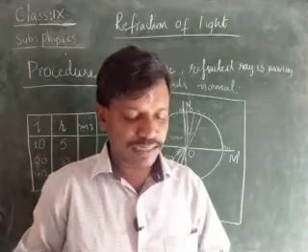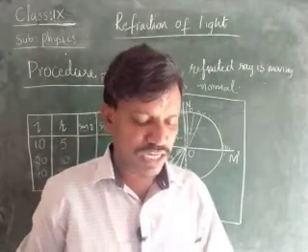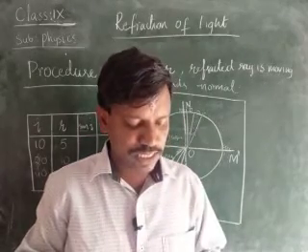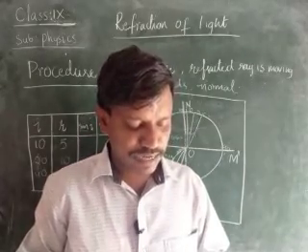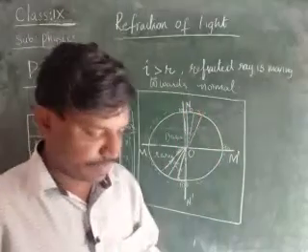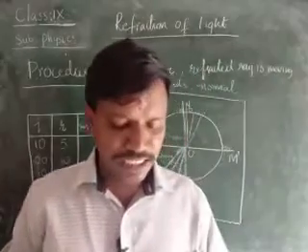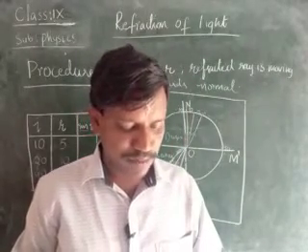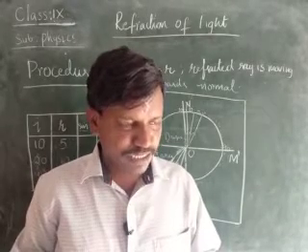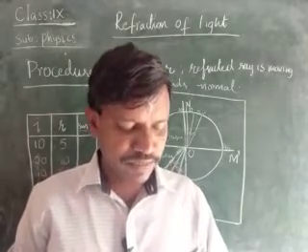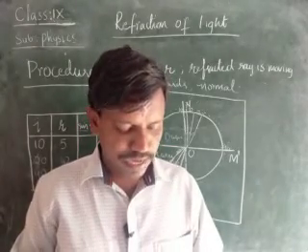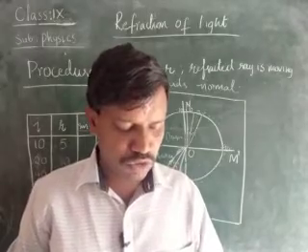Take a protractor and place it along NN in such a way that its center coincides with the point O, and mark the angles from 0 to 90 on both sides of the NN, children. The angle should be indicated on the curved line, not the straight line. Now place a semicircular glass disc so that its diameter coincides with the interface and its center coincides with the point O. Take a laser light along NN such that the light propagates from air to the glass at point O, and observe the path of the laser light coming out of the disc.